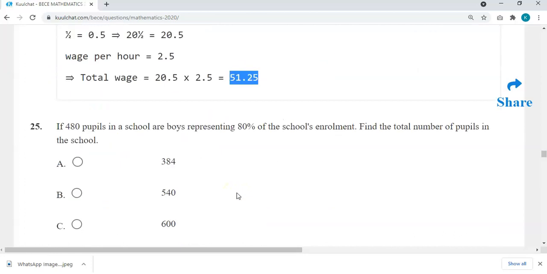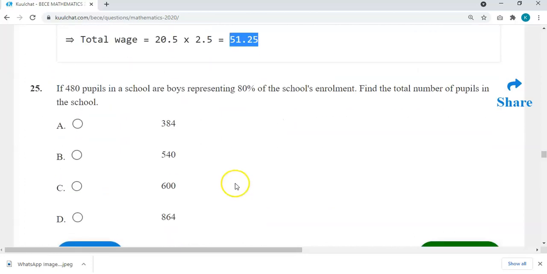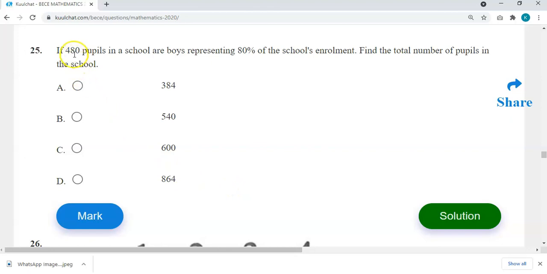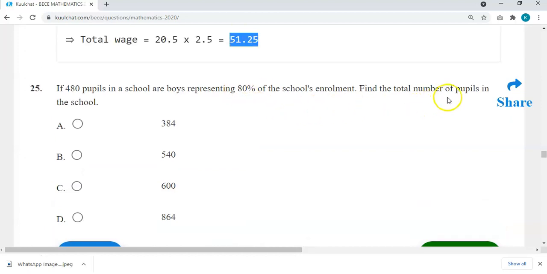Okay. So we move on to question number 25. It says, if 480 pupils in the school are boys, representing 80% of the school's enrollment, find the total number of pupils in the school. Okay, so to get